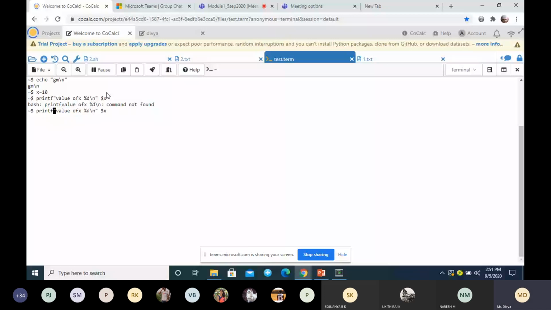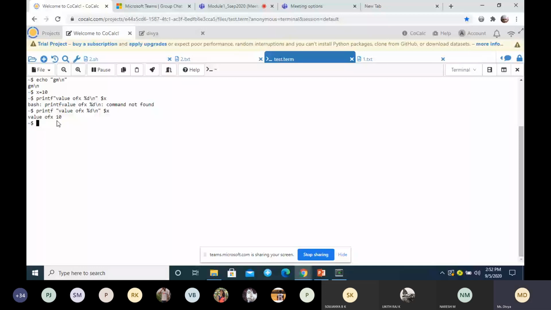See here, if I want to print the value of any variable, here I have declared the variable x is equal to 10. I have declared a variable x and set the value of x as 10. Next, I can use it the same as in C. I am printing a decimal value, the value of x. Same as in C, you are using format specifiers, right? Percentage d, or percentage s if you are displaying a string. So you can use percentage d and display the value. You can see here it is displaying the value of x is 10.